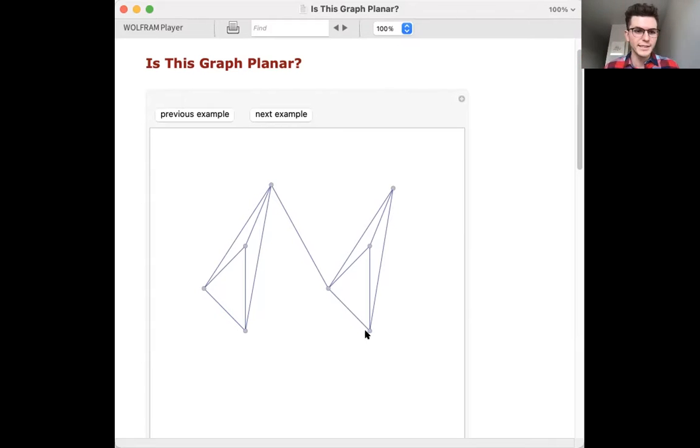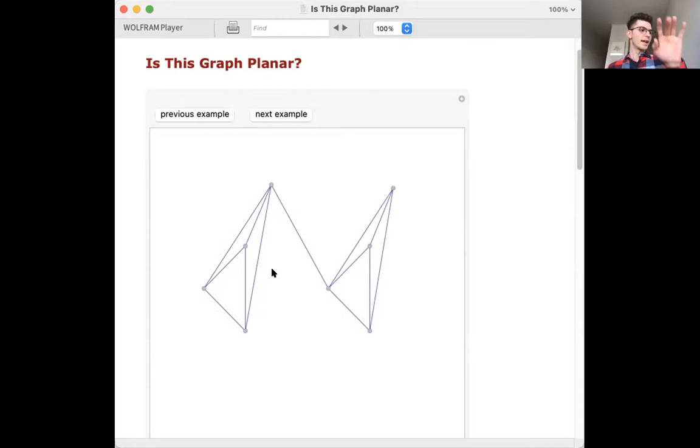So you have 8 vertices. How many edges do you have? 1, 2, 3, 4, 5, 6, 7, 8, 9, 10, 11, 12, 13. You get 13 edges. And how many faces do you get? You get 1, 2, 3, 4, 5, 6, and then the outside, which also is a face. You get 7